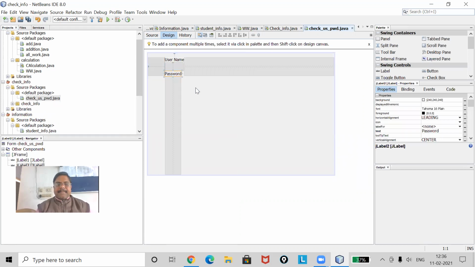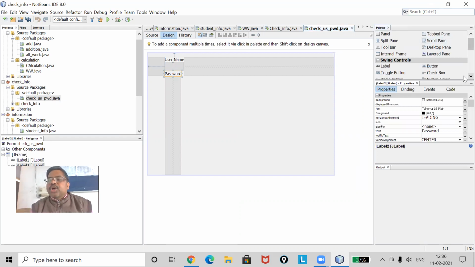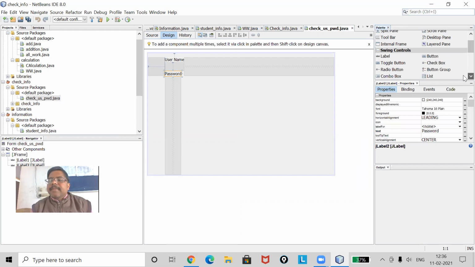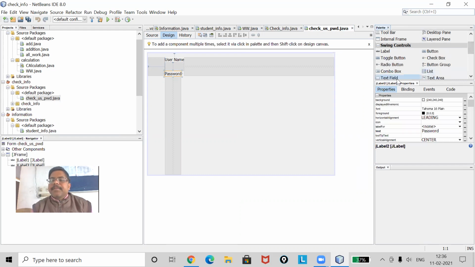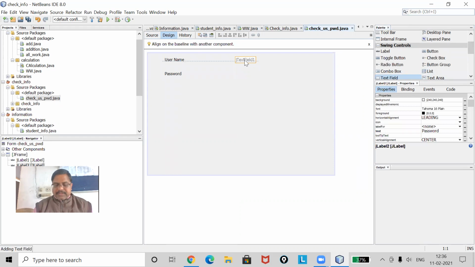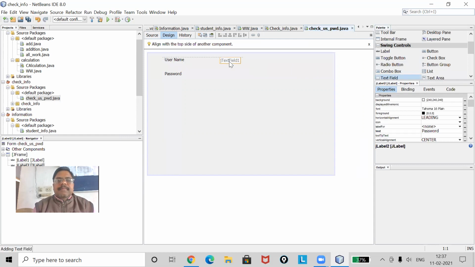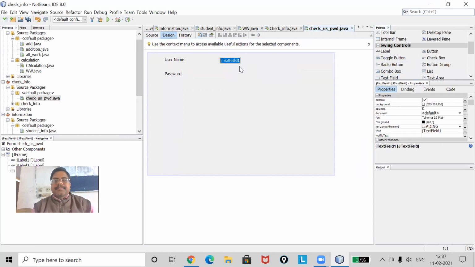Now I will take a text field, because the user will give the username in which box? Yes, in the text field box. Here I will make this text box.